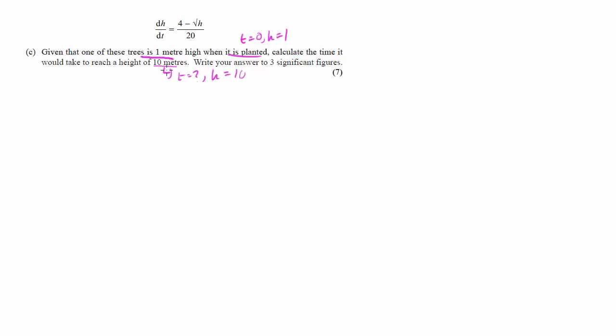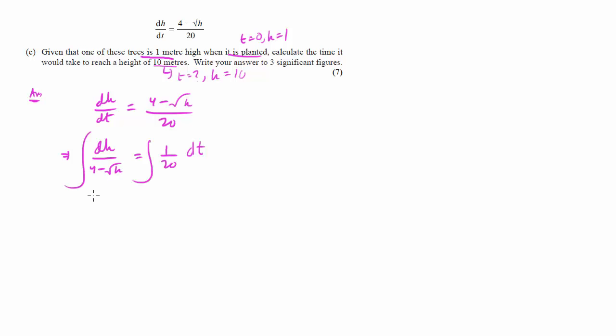But first, we need some sort of a relationship between h and t, and that's like solving a differential equation. So we have to solve a differential equation, and the way to solve a differential equation is to integrate. So let's do this. dh by dt equals 4 minus square root of h, divided by 20. So let's do the separable method. We can write dh divided by 4 minus square root of h equals 1 by 20 dt, and we